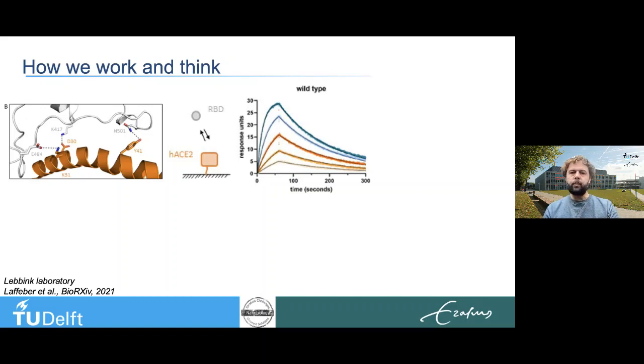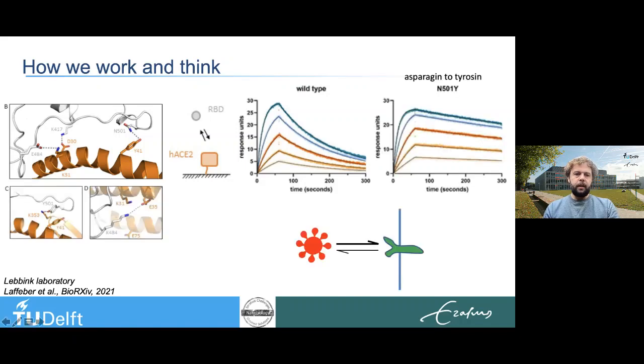So what happens if we put in one mutation? We mutated the asparagine at amino acid 501 into a tyrosine. This is not just a randomly chosen mutation, but this is what in the popular news is called the South African variant. And the South African variant, as most of you have heard in the news, is more contagious, more infectious. So basically, if we look at the molecular level, what's happening,